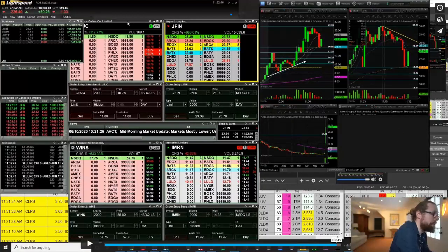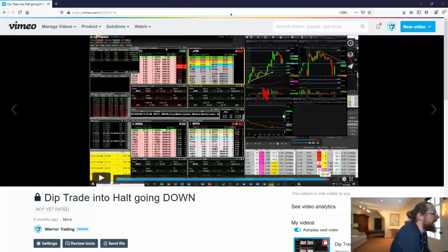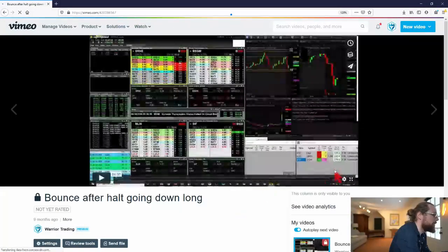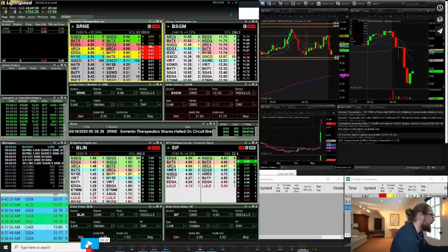Now, was it a picture perfect trade? I suppose not, but it was not terrible. I've had worse. Okay, so that, again, is that dip there into the false halt. That's not something most of you guys are going to be doing, probably, maybe ever. It took me a long time to get comfortable with doing something like that. It takes some nerves of steel and an ability to say, I can lose